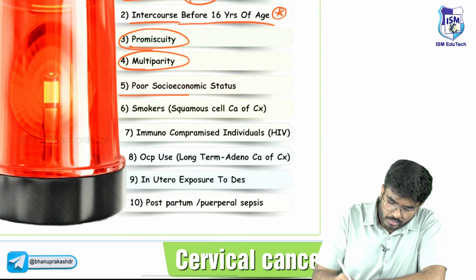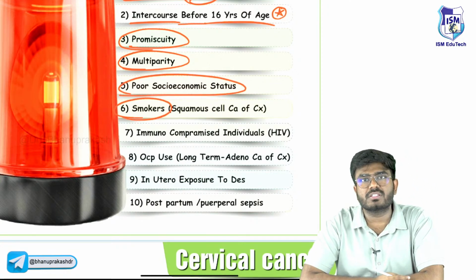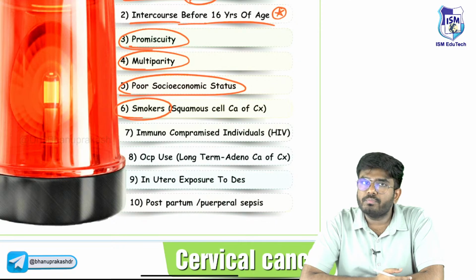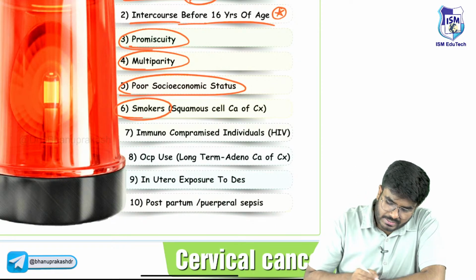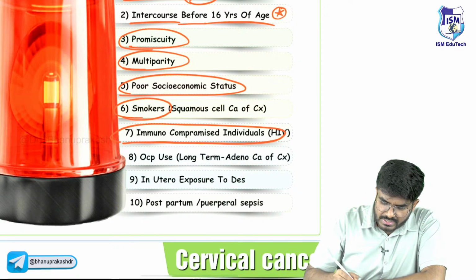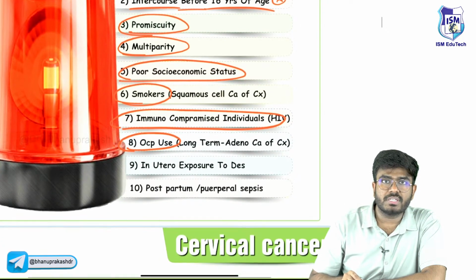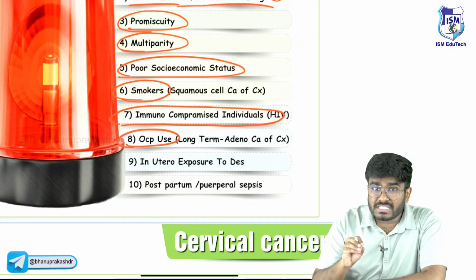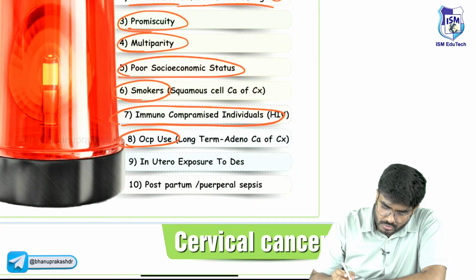Smoking is going to cause immunodeficiency. Smoking can cause immunodeficiency, and that can lead to getting viral infections very easily. Any immunocompromised states can do the same. OCP usage, I have told you, OCP users can also have externalization of the transformation zone, and also in utero